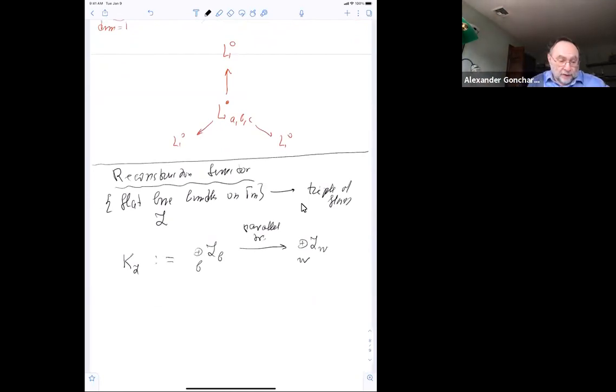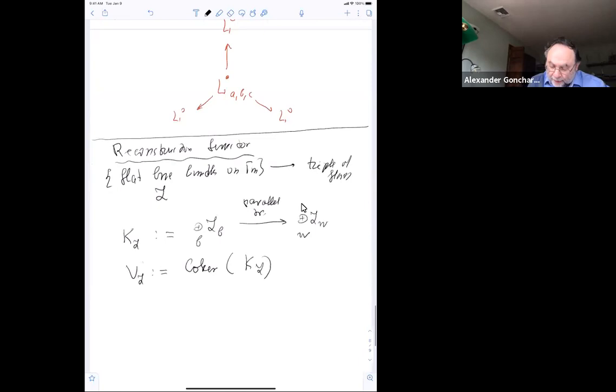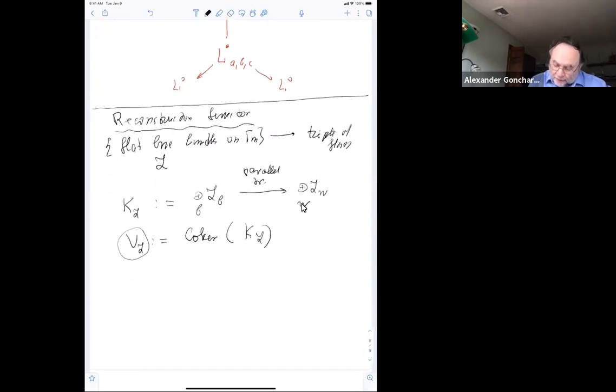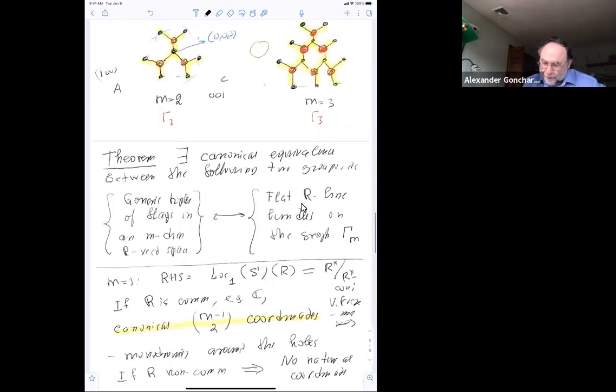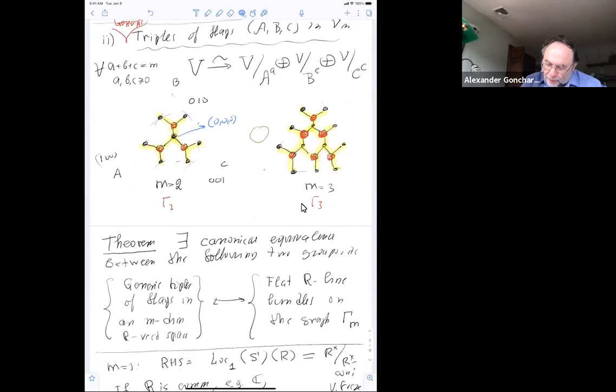So now what we do, we introduce a vector space V sub L, which is just the co-kernel of this map K. And this is the vector space where our flags are going to sit. And now who the flags are, it's quite clear if you go to the picture. So if you take this picture,